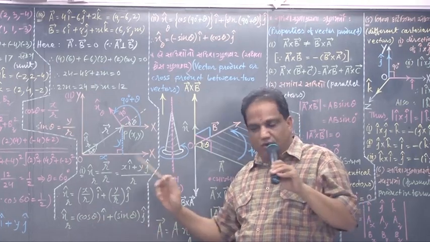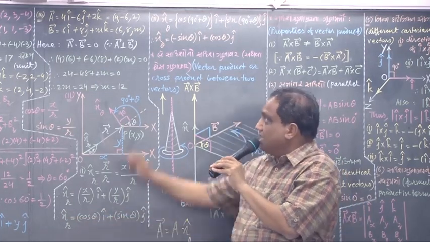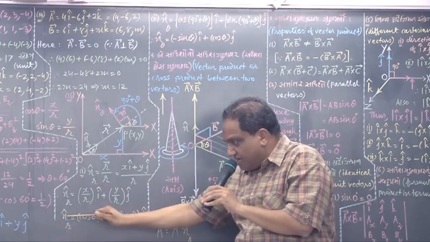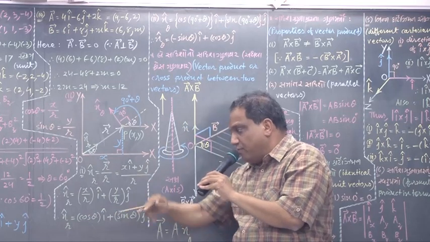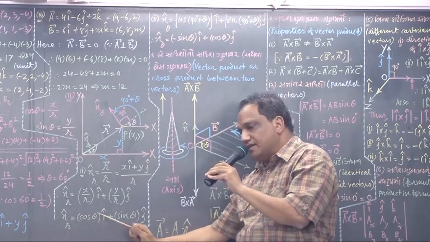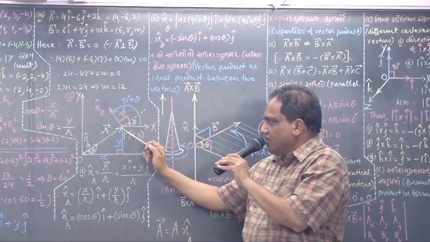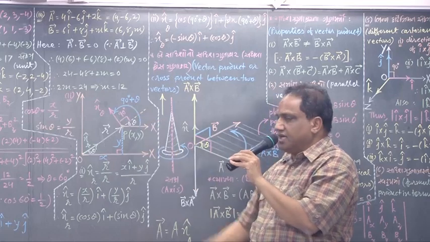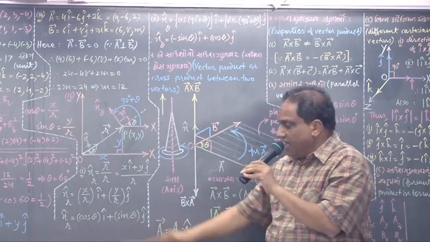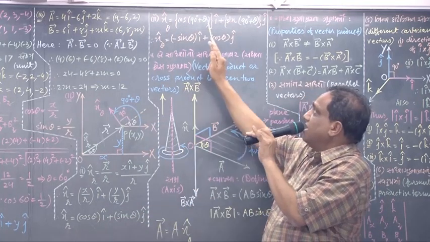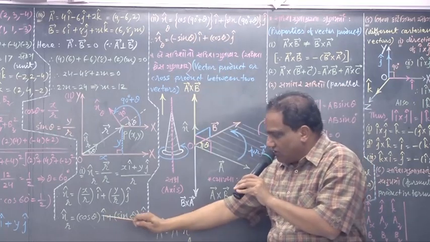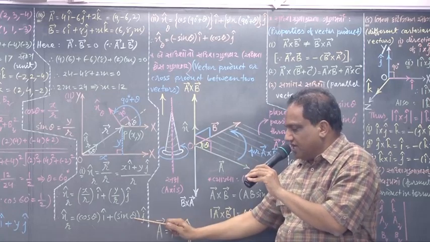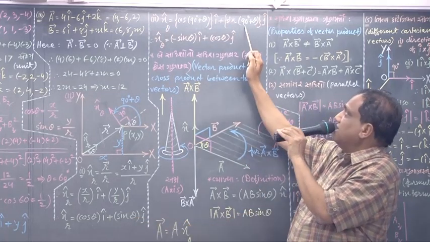Got it? Now here, instead of n r hat, what am I writing now? N theta hat. Then whichever unit vector I write here, the angle made by that vector with the positive axis I should write here. Now tell me, the angle made by this with the positive axis is how much? 90 degree plus theta. So in place of theta, I should write 90 plus theta. Again, here also instead of theta, I should write 90 plus theta.